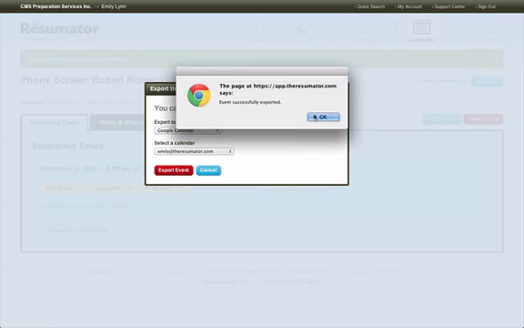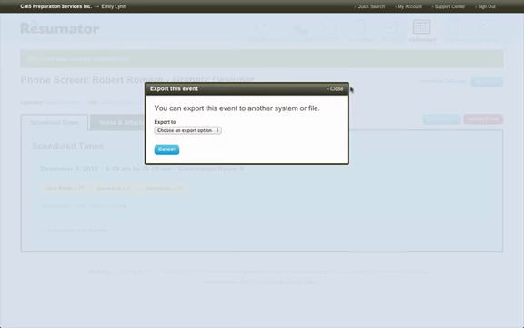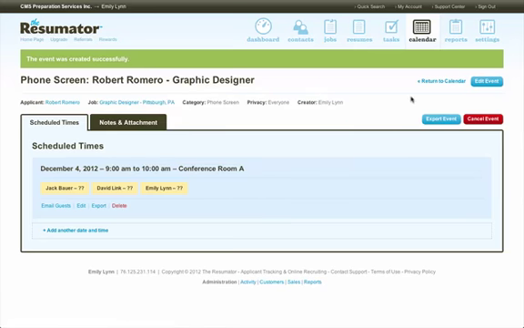Takes about a minute, and then will let me know that it's been successful. So the next time I log in to my Google Calendar, I will see that event there. So as we're working through our hiring process, we're bringing people in for interviews, we're scheduling phone screens. Occasionally, we might want to wrap our head around how the hiring is going, and we can do so in